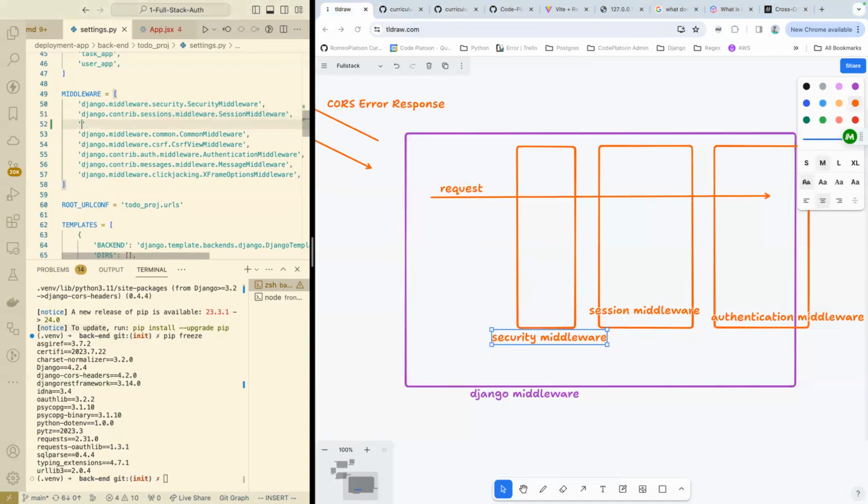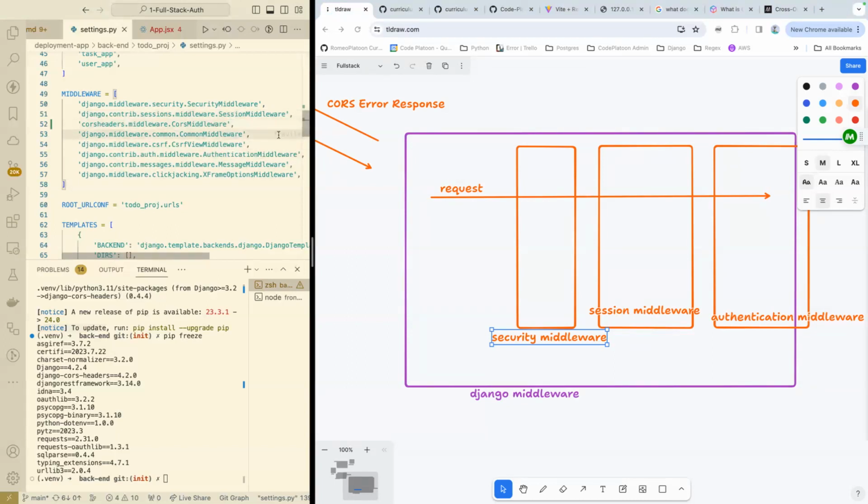We want the existing Django security middleware to do the first thing, and whatever the session middleware is to do something as well. And then we want the CORS stuff here so that we can apply our CORS rules before we get too deep into this other stuff,